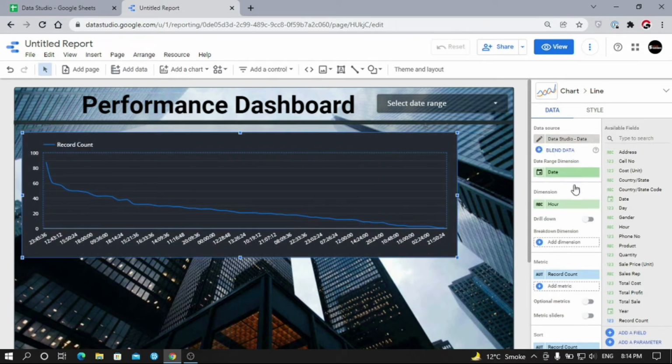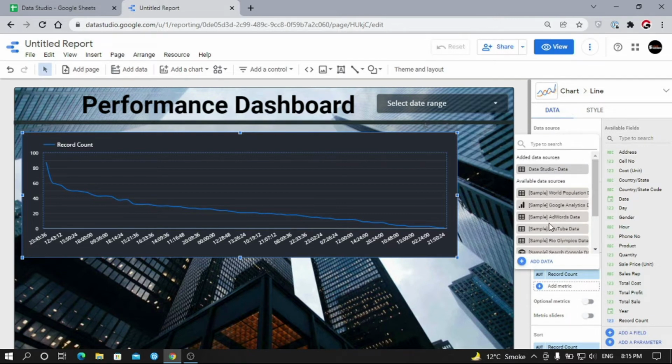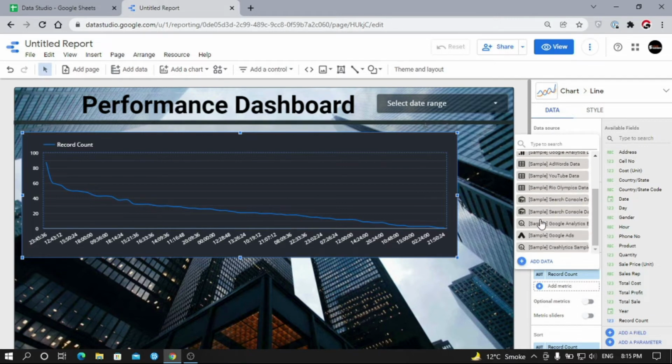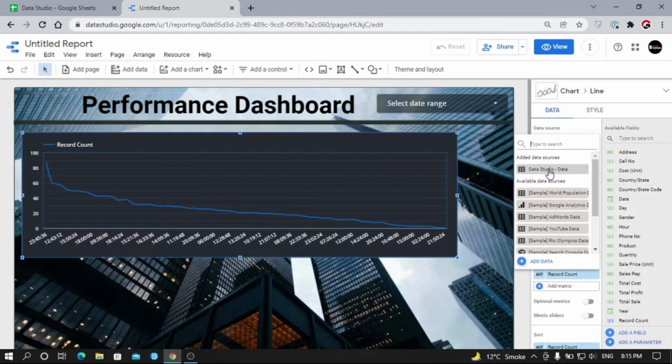Okay, let's discuss a few options on the right side that actually are based on every item that you want to insert in the Data Studio. So if you understand this, then you have understood the whole Data Studio. My first option is to select a Data Studio source. Let's say you have added multiple sources in a Data Studio and you are building a page with the help of those multiple sources. So whenever you add any item in this page, you have to select a relevant data source from where you want to populate the information.